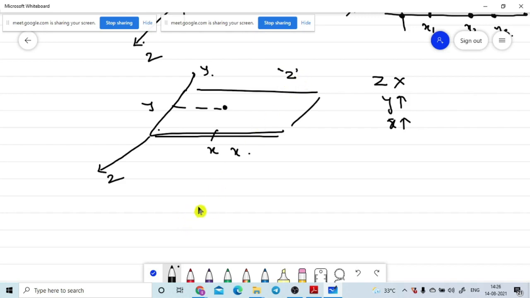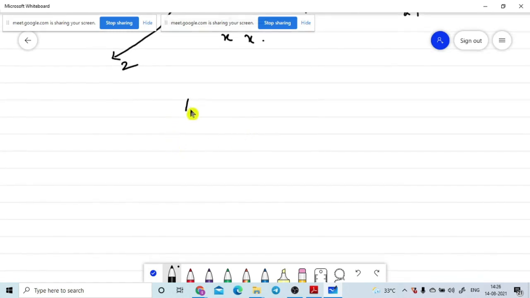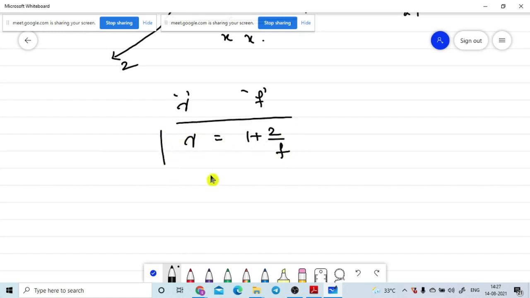So that is the concept of degree of freedom. Why I introduce this is that they may ask in your competitive examination about the relation between gamma and the degrees of freedom of the system. The relation is gamma equals 1 plus 2 divided by f. This is a very important formula. You need to learn it by heart if you are going for competitive exams. It is very simple: 1 plus 2 divided by f.